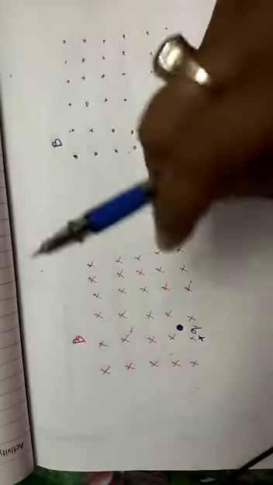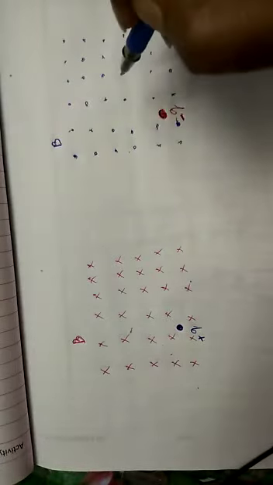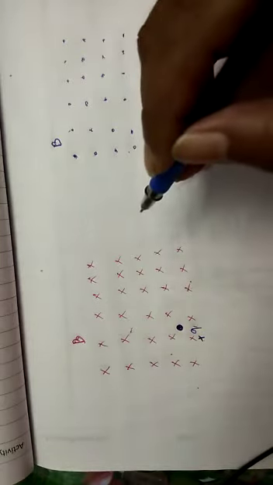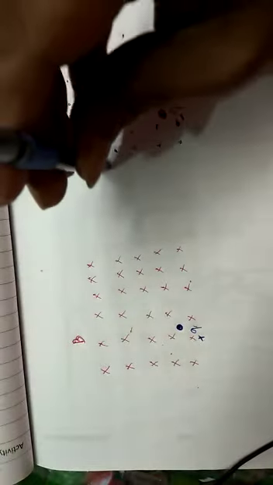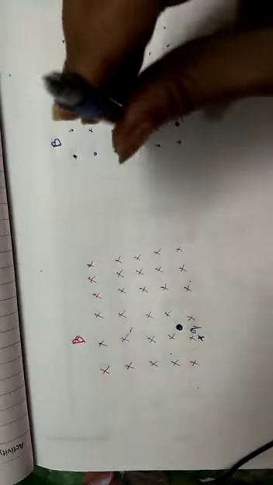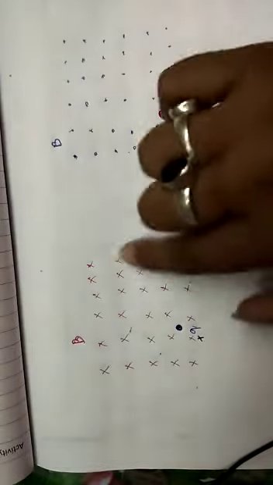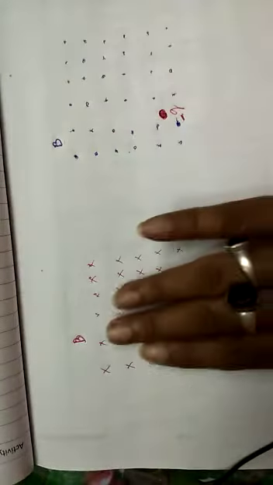You can see cross and here dots. Actually, cross and dots are symbols. They symbolize direction. Cross symbolizes a direction perpendicular into the plane, and dot symbolizes a direction coming out of the plane. It is perpendicular but from bottom to top, and here the direction is top to bottom. So it's a three-dimensional thing. Don't think this is only in paper.